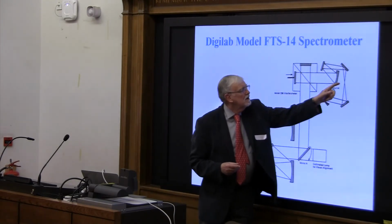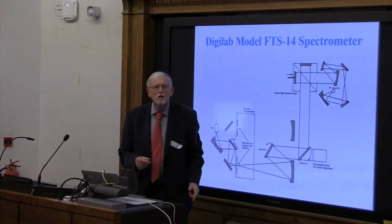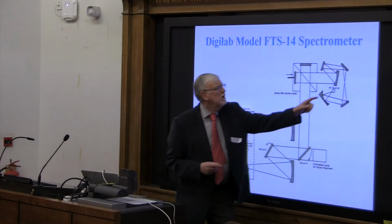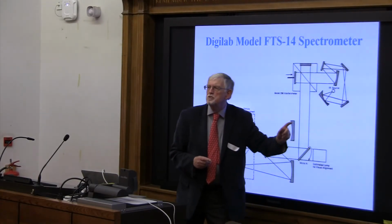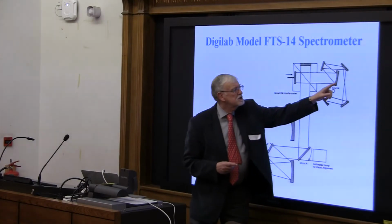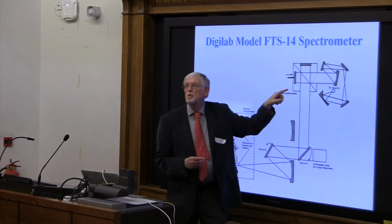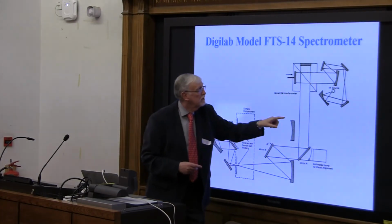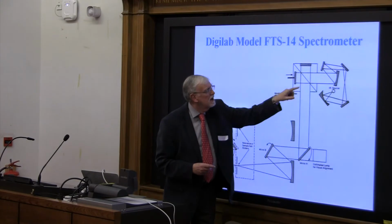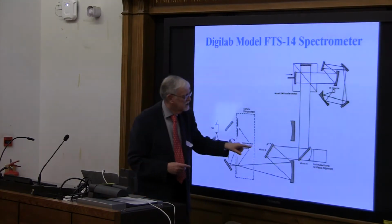Through a resolution stop, sometimes known as Jacquinot stop, or J stop, where if you wanted to improve the resolution beyond 2 reciprocal centimeters, you had to stop the beam down to make the beam going through the interferometer more collimated. And so the collimated beam then was modulated by the interferometer, and then passed into the